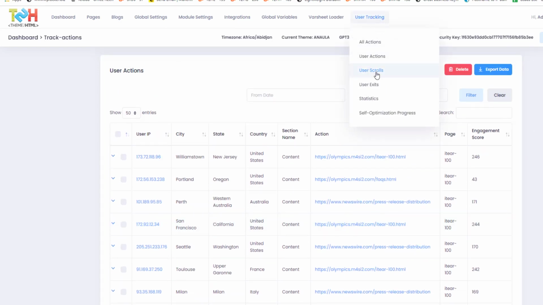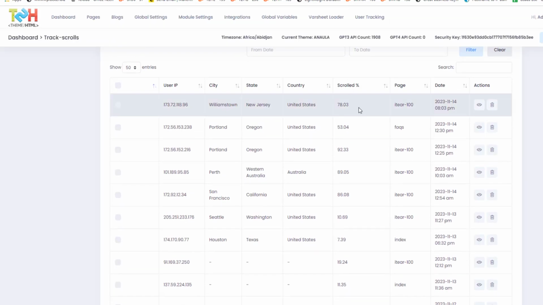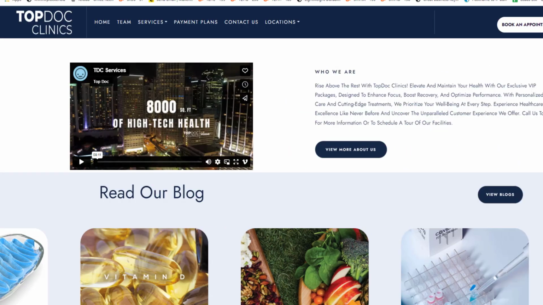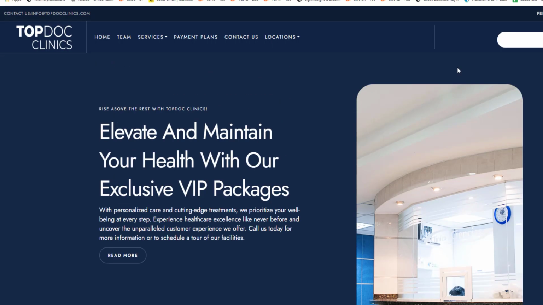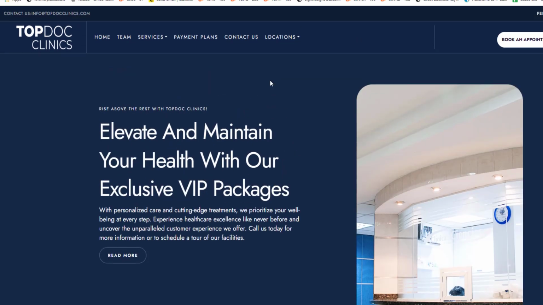Okay? User scrolls. Watch this. We know how far those guys scrolled in percentage down the page. This is what I mean. This is the top of the page. If I do not scroll, I'm at 0%. So if I land on the page and leave the page and all I did was glance at this and I didn't scroll, maybe I'm not even human. Maybe I'm a bot. But I'm certainly not interested enough, which means you want to discount me from the logs,